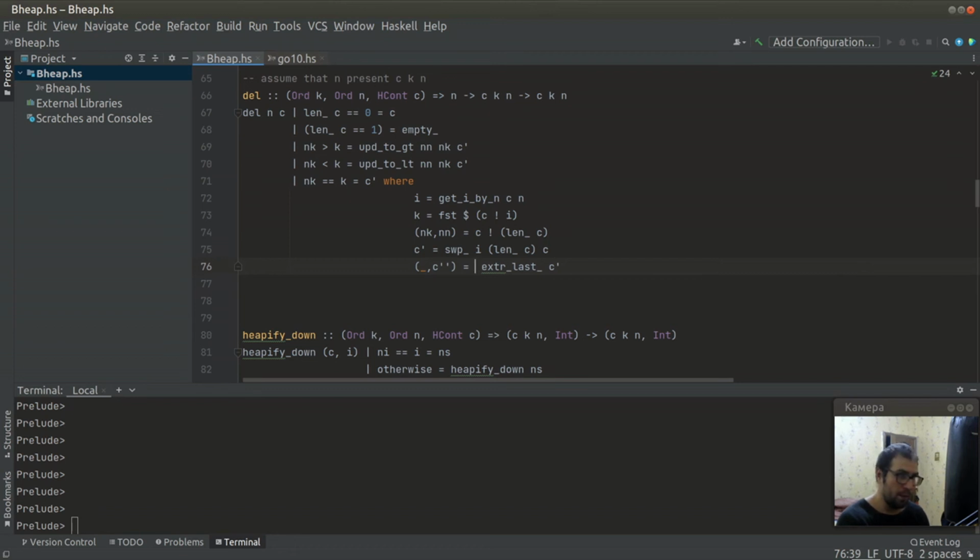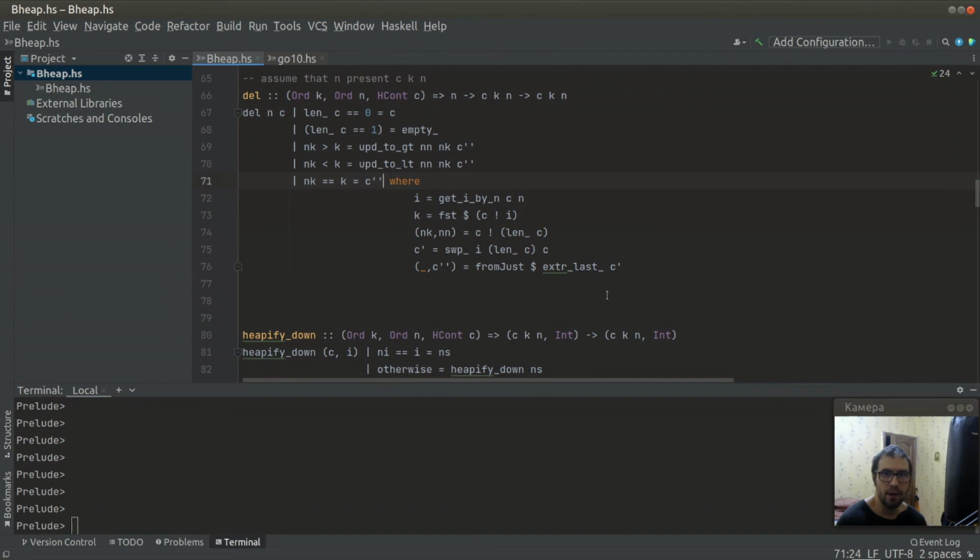Here we have a Maybe, and that's why we need to extract the value from the Maybe. And of course we need to use this container in our updation. Okay, I think this thing should work. Yes,